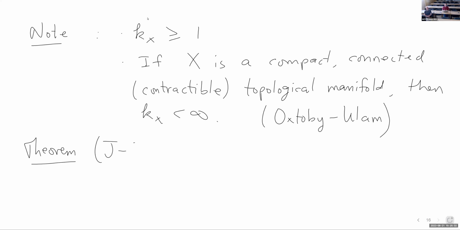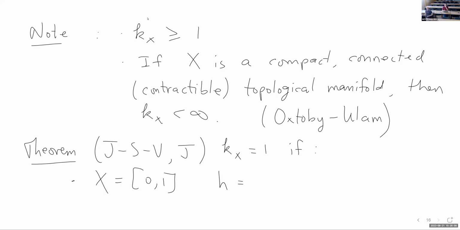So due to myself and Karen and Alejandro, and then in a follow-up paper, I generalized some of it. So K of X is 1 if, okay, so first of all, the best case scenario is unsurprisingly if X is an interval. I said 0, 1, but any interval. This is the transport map that you get is h. I always get this from F nu, where F nu here you see it is